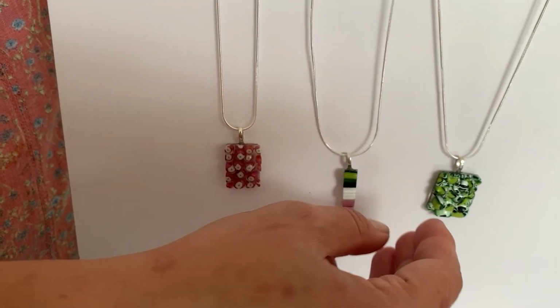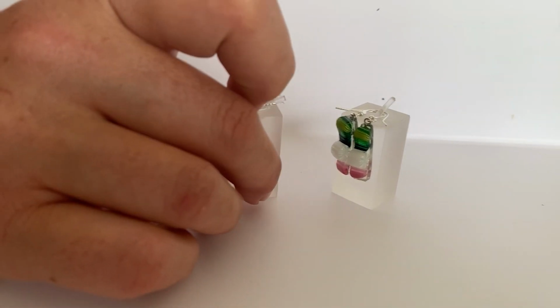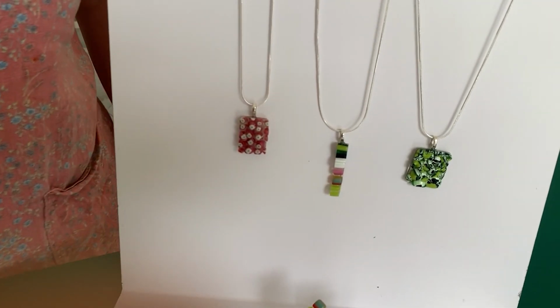These three all have bales glued. We went for a pair of stud earrings on this one and some dangly earrings on this. I like this as a set. You can wear either or, and I just think for scrap these are cool little pieces and they could sell really well. So I really hope you've liked these ideas, and I can't wait to see what you